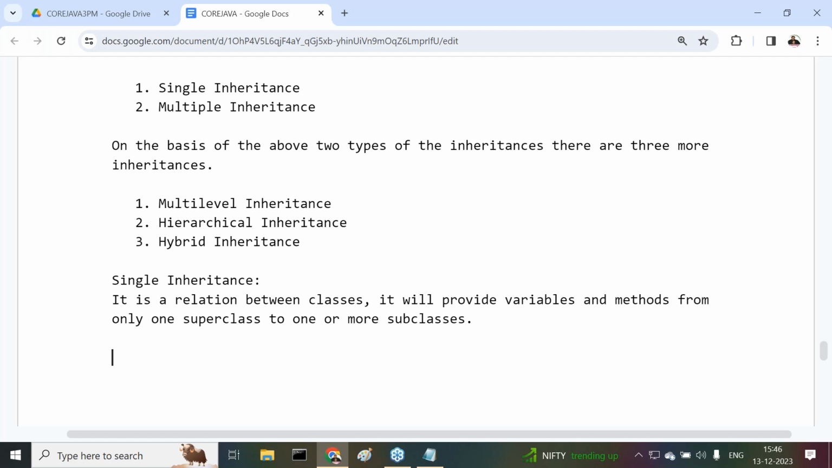It is a relation between classes. In general, inheritance is a relation between classes. It will provide variables and methods from one class to another class. One class is the superclass, another class is the subclass. If we are getting variables and methods from only one superclass to one or more subclasses,